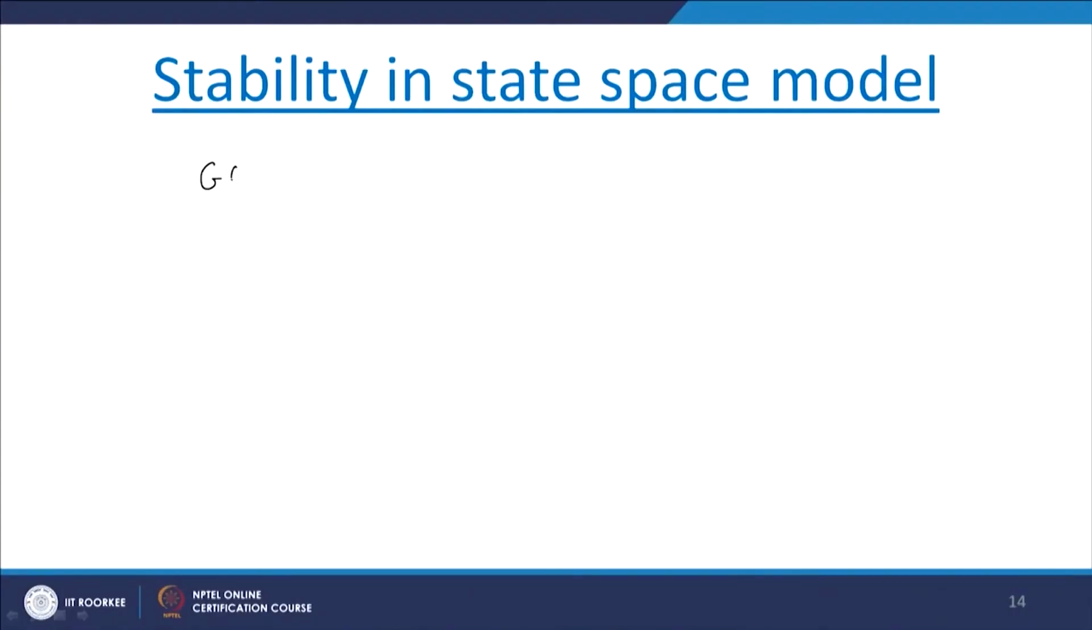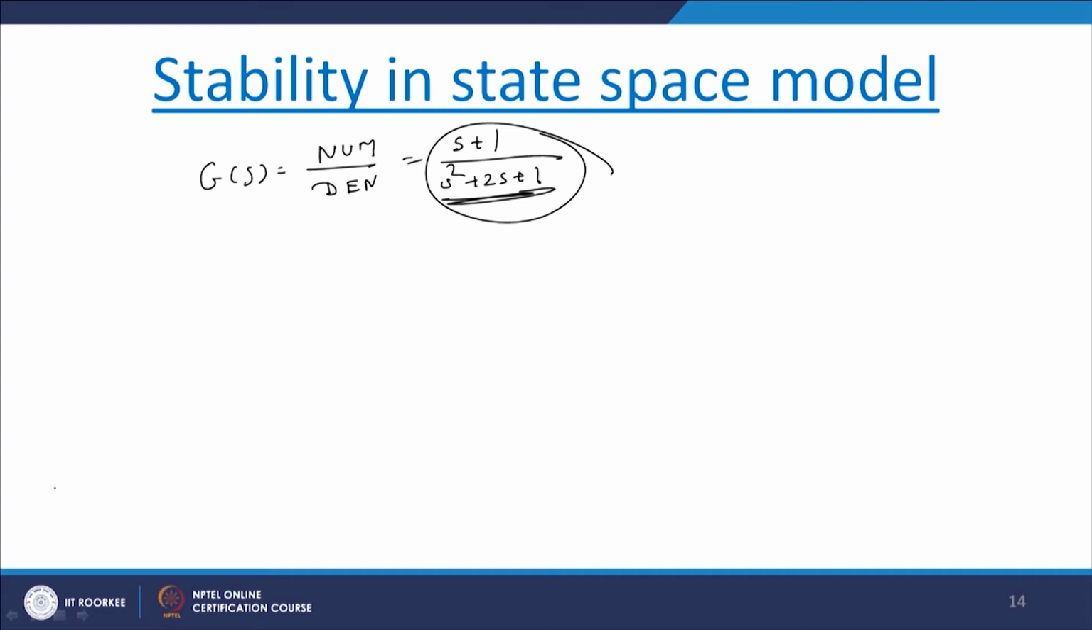Now, the stability in a state space model is a very important point, and we have seen how to determine the stability of a given state space model. We have also seen how to determine the stability of a transfer function model, that is, if G of s is there, numerator by denominator, say s plus 1 upon s square plus 2s plus 1. This is your